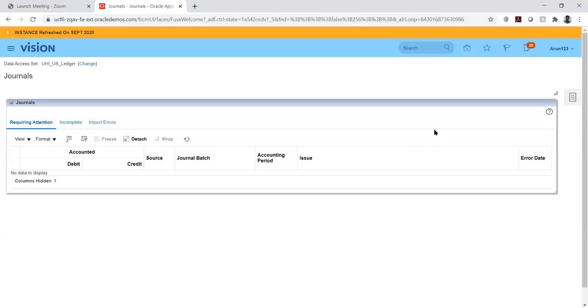So we saw basically the manual journal entries and the other parts. So we will also see the different ways of importing the journal entries. Like we have three ways to create